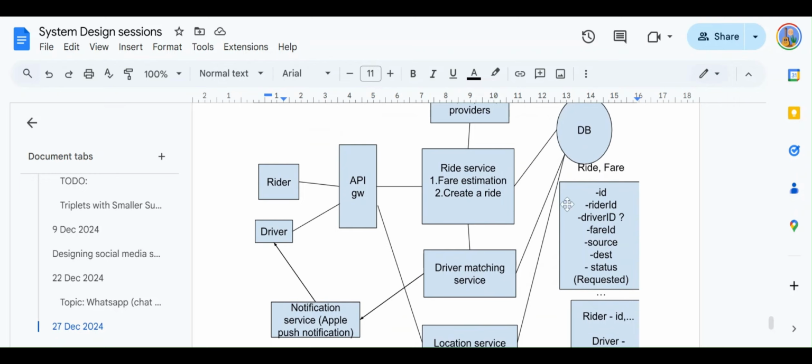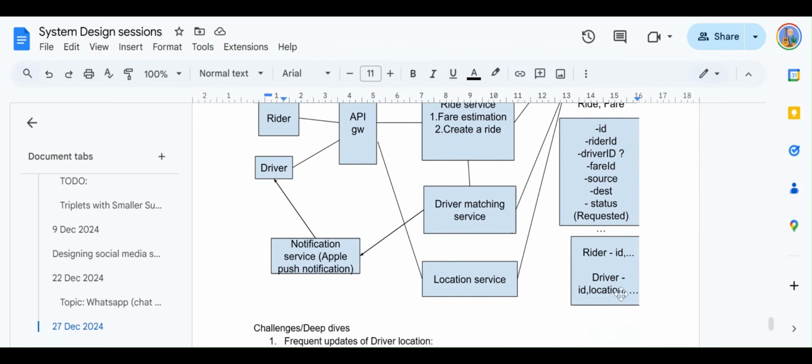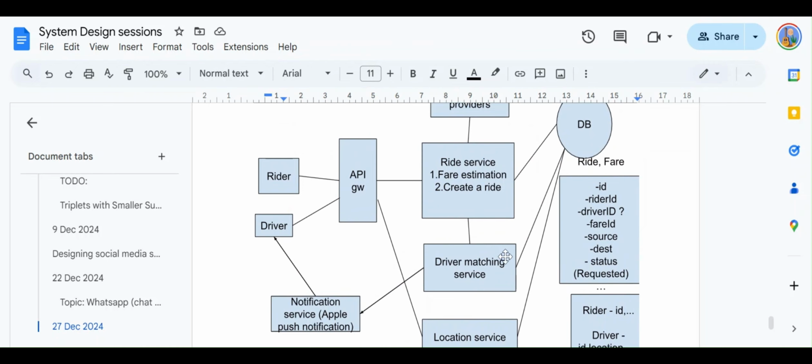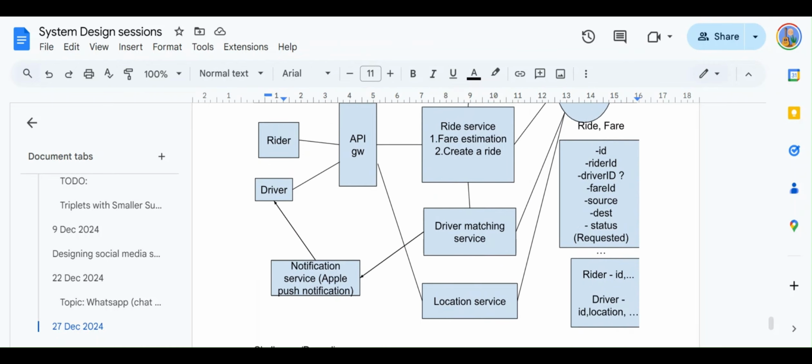If the status of the driver, in the driver entity, is not outstanding request, then it is going to do a transaction and mark the status as outstanding request, and then send the notification to the driver: hey, you have a pending request, accept it or deny it.